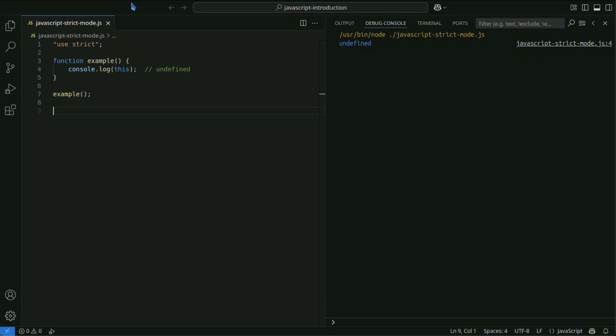In normal mode, attempting to delete non-deletable object properties is ignored without error, but in strict mode, it throws an error.